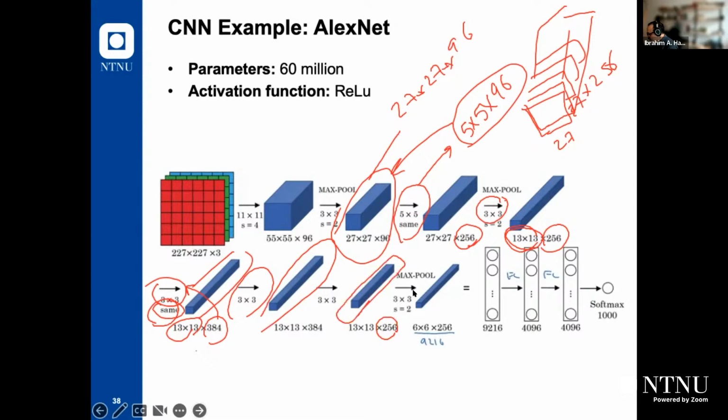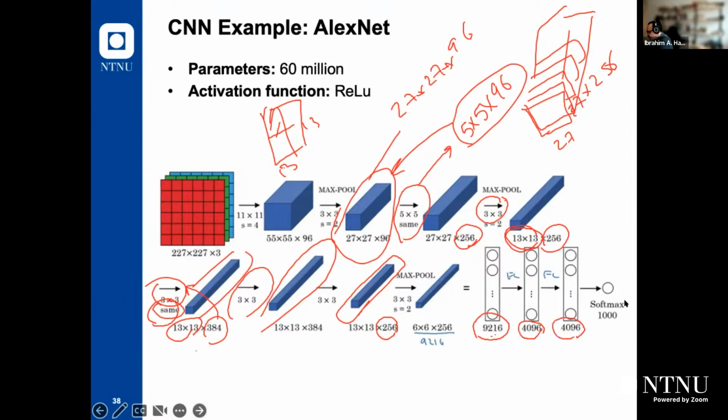And we will apply max pooling 3 times 3 with a stride equal to 2. It will shrink the size into a quarter, in fact. So we go down from 13 times 13 into 6 times 6 times 256. After that, we will use flatten. The flatten layer converts this feature map into a one-dimensional vector. The size of this vector will be the multiplication of 6 times 6 times 256, which is 9,216. After that, we will have a fully connected layer of this number of neurons and another fully connected layer